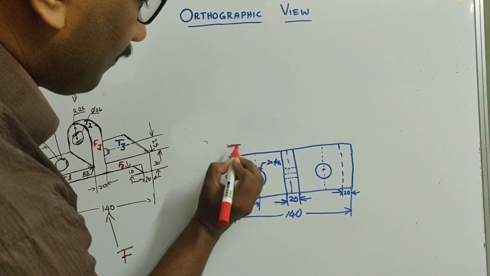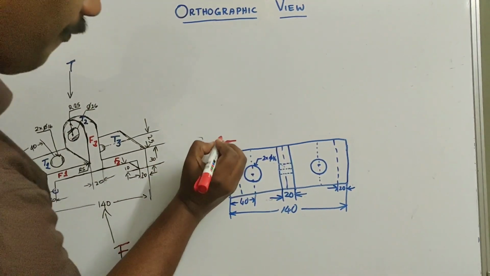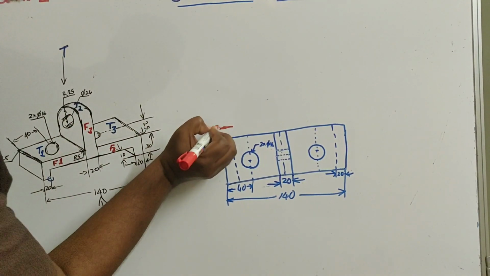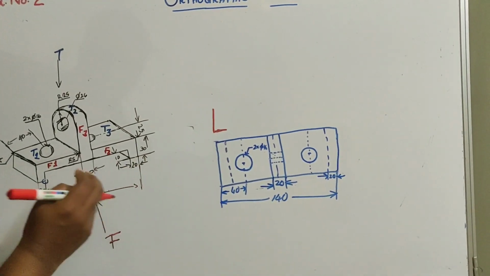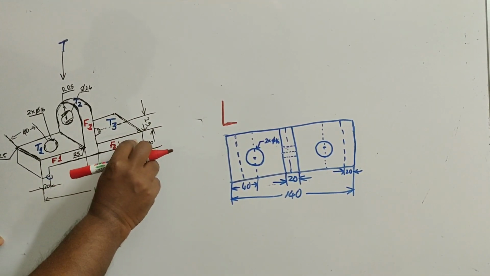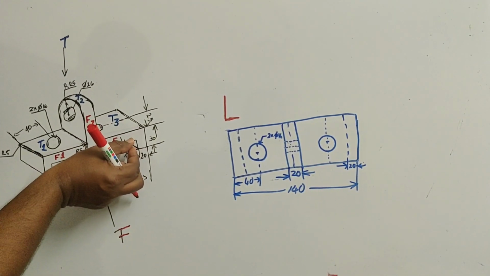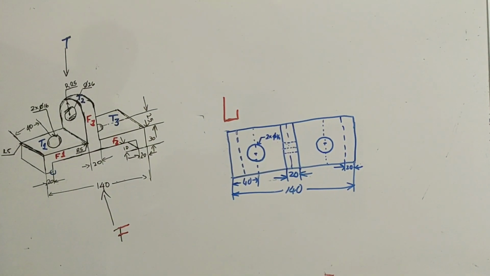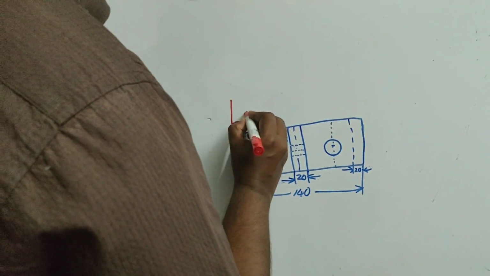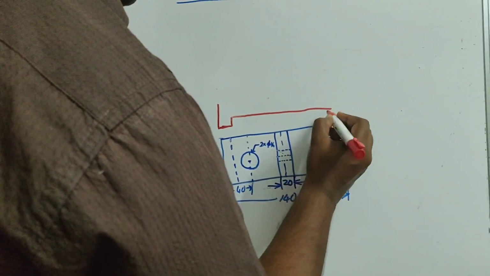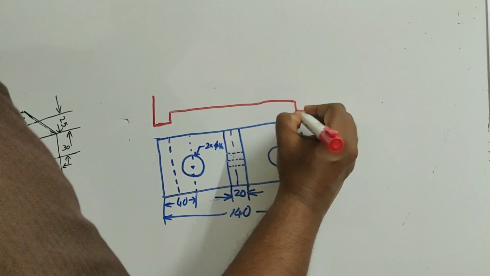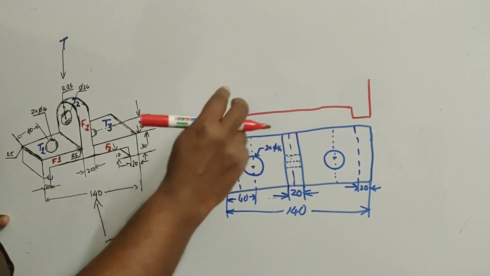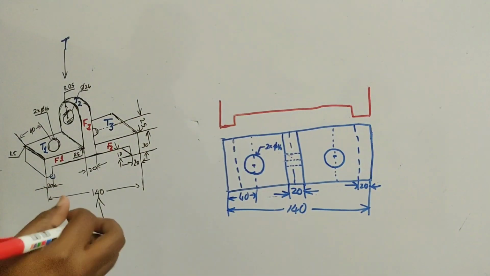So this is 20, it is given that this is 20. From 20, what about this height? This height is given as 30. Again, this distance is marked as 10. Then from there you can have a horizontal line keeping again 20 to this side. We can have the total height as 30.